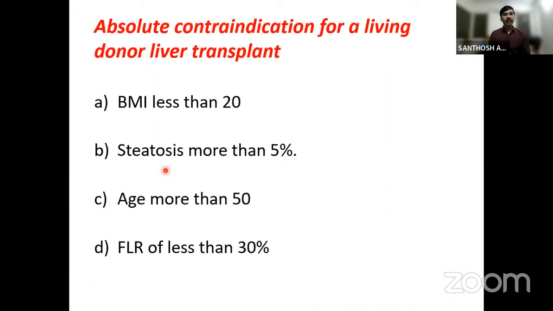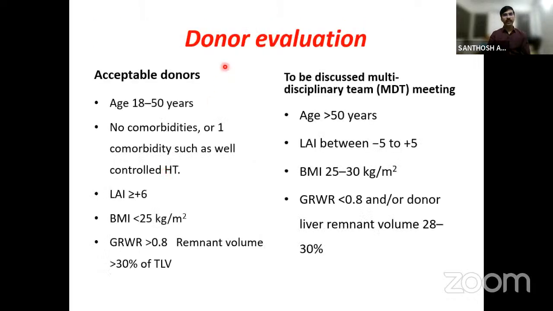Absolute contraindications for living donor liver transplant donation: BMI less than 20, no, that is good. Steatosis more than 5%, steatosis more than 60% is a contraindication. Age more than 50 is not a contraindication, but if the FLR of the donor is less than 30%, definitely it's a contraindication. So in donor evaluation, the acceptable donors include age 18 to 50 years, no comorbidities or one comorbidity,